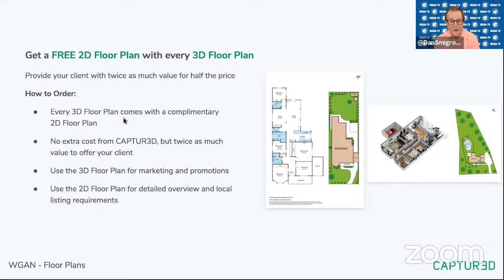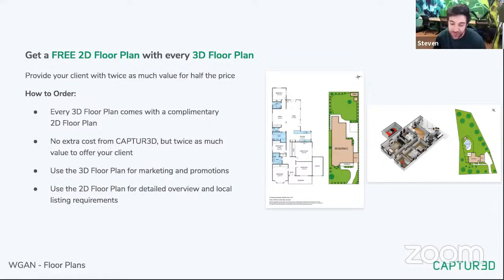So for clarification, if I'm looking at on the left side, a 2D floor plan and a site plan, and on the right side, I'm looking at a 3D floor plan and a site plan. And today, at least, there is an offer from Captured that if I order what's on the right for $16, then I also get what's on the left at no extra charge. Yeah, that's correct. Because a lot of the time that takes to create floor plans is to measure the rooms and get the right measurements and label everything. And so we're able to create this double value for our clients because we're doing a lot of the legwork up front.